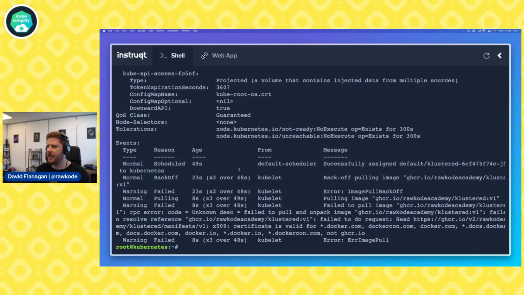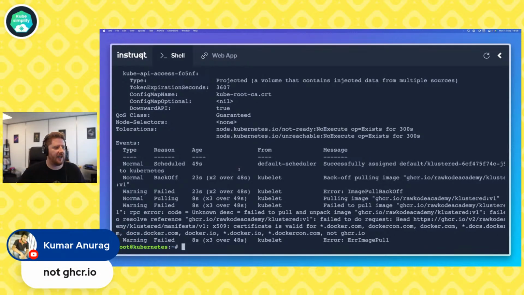Spot on again, concepts and Tamil. It is a certificate issue. Do you know why? Okay, Avinash has gone with authorization to pull. Not in this instance. Canal says image pull back off, unable to pull. It is unable to pull, yes, but not because of authentication. Kumar, not ghcr.io. Perfect. That is exactly the problem. So let's cover that. So you all did really, really well there.